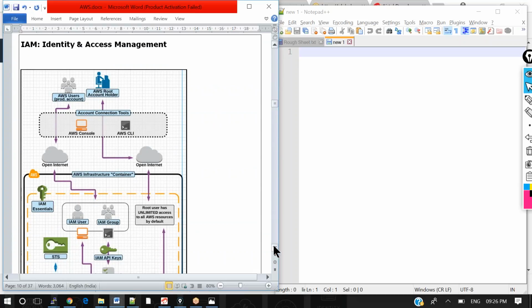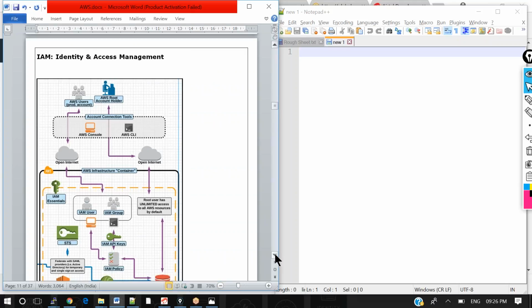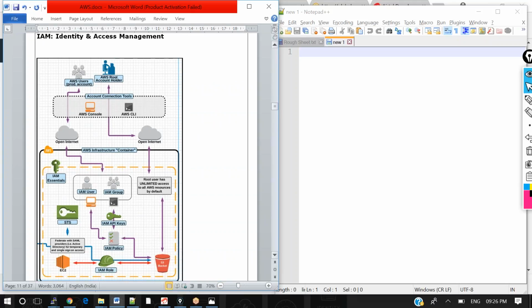Okay, the first service which we are going to discuss is IAM, that is Identity and Access Management.